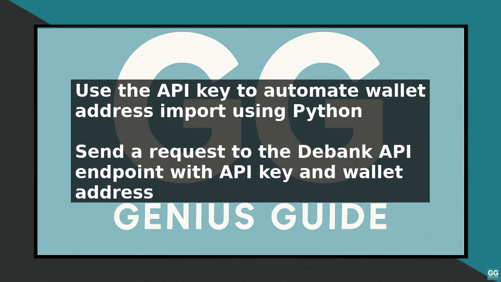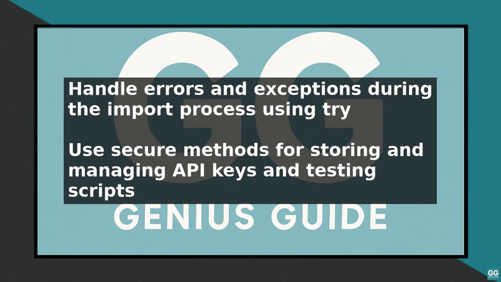It is essential to handle errors and exceptions that may occur during the import process. You can use try except blocks in Python to catch and handle any exceptions that may be raised during the API request. Best practices for automating Debank wallet address import include using secure and reliable methods for storing and managing API keys,